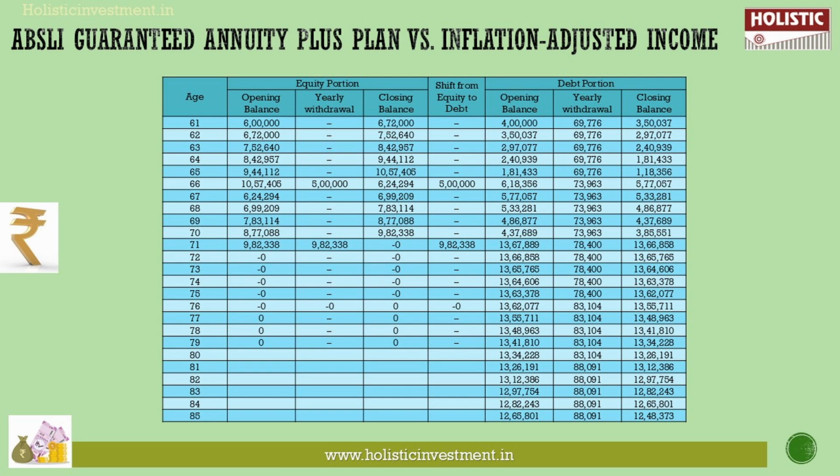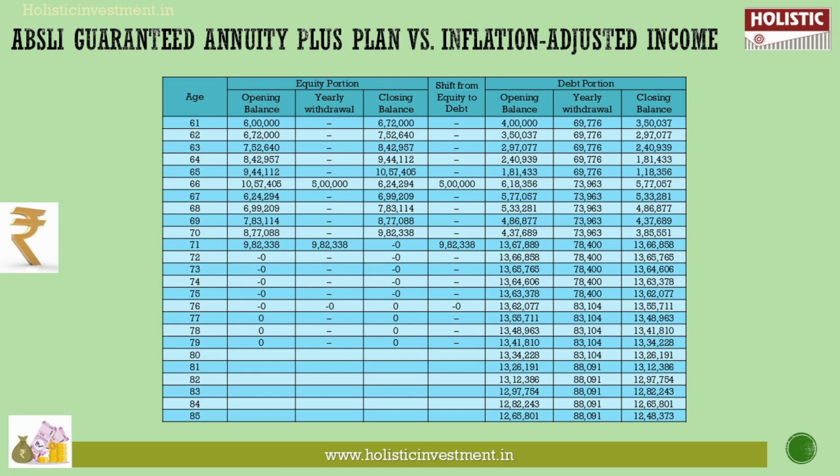So the first year annuity amount is assumed to be similar to the ABSLI Guaranteed Annuity Plus plan's life annuity with return of purchase price, which is 69,776 per annum. But upon death, the purchase price is returned to the nominee. But in this strategy, the equity portion is completely transferred to debt at the age of 71. Although this can be adjusted based on your risk tolerance, even with a full shift to debt, the corpus we